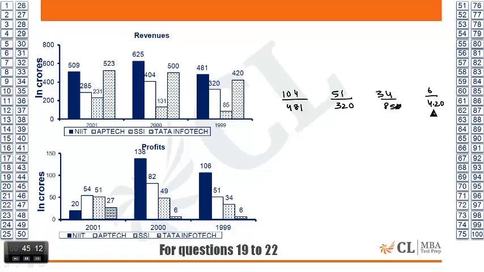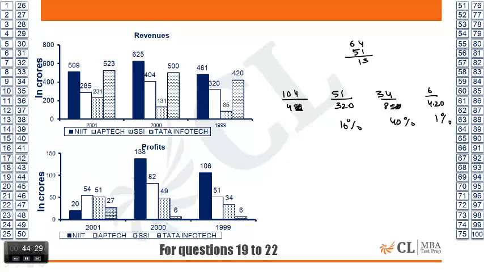1% is 4, 2% is 8. So it's about 1.5%. Let's say roughly close to about a percent. Let's say 34 divided by 85. 10% is 8.5. 8 fours are 32. Close to about 40%. Let's take about 40%. This guy is what? 10% is 32. 20% is 64. 64 minus 51 is 13 more. 1% is 3. 3 3s are 9. 3 4s are 12. 4% less, so about 16%.